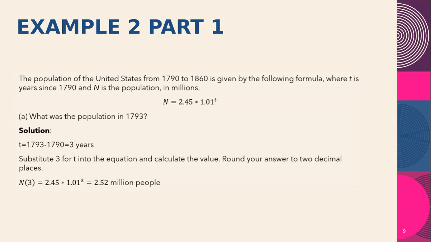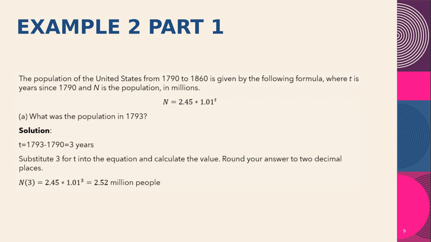What was the population in 1793? First of all, when you see a year in a word problem, you should convert the years into t time. To calculate the population in 1793, you will need to find the number of years between 1790